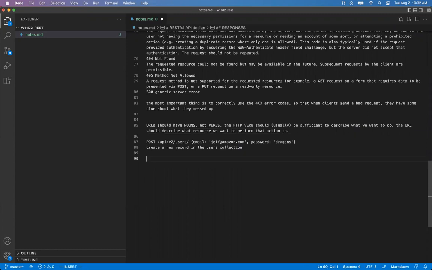All right, so if we want to just retrieve information about a user, we would send a GET request, and then probably put the user's ID as a parameter in the URL. API v2 users 456. So this would get us information about this user. Similarly,